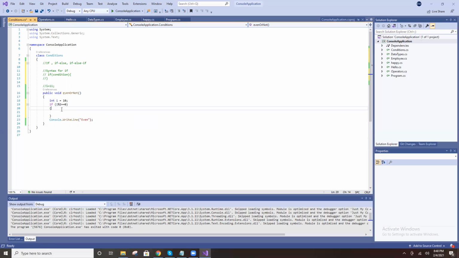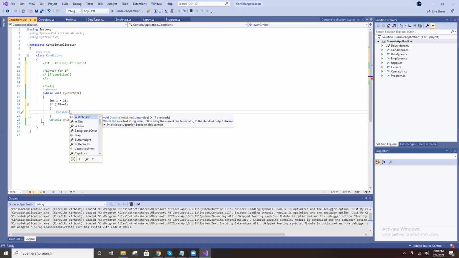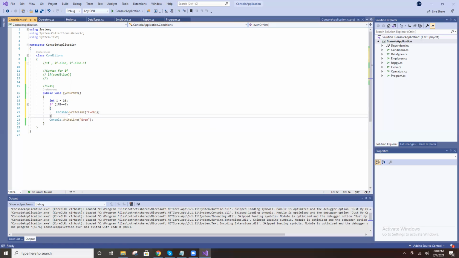Equal to 0 means Console.WriteLine even. This is an even number, right? Else, okay, that's it.